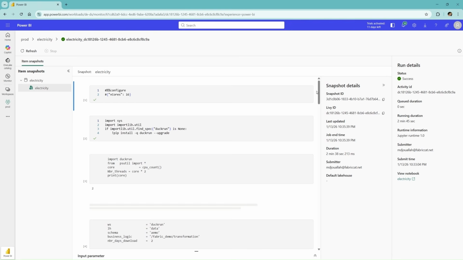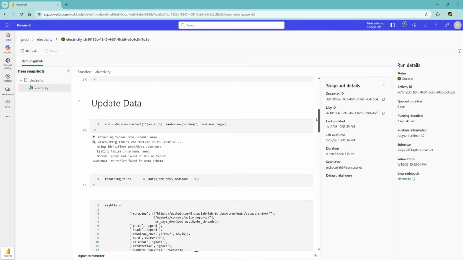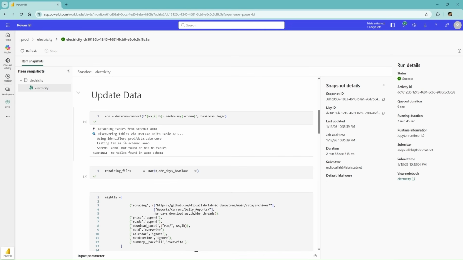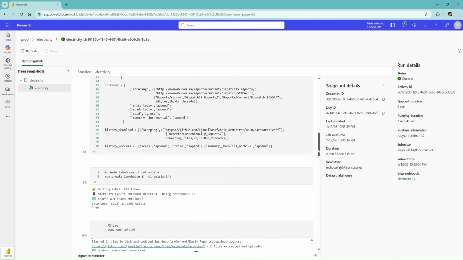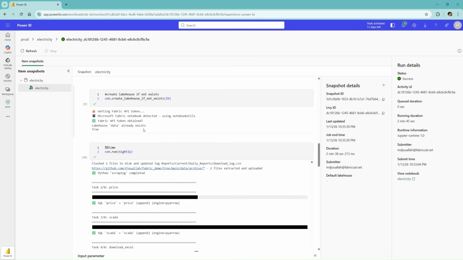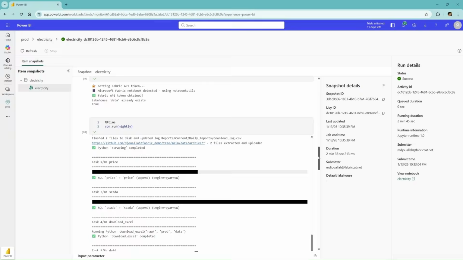So it did run for like 3 minutes. Yeah, so it did connect. And the beauty of Python notebook, you get a token, and more importantly, OneLake is next to you, so there is none of that latency that you will experience when you do local development. And yeah, there is already a token, so it did generate